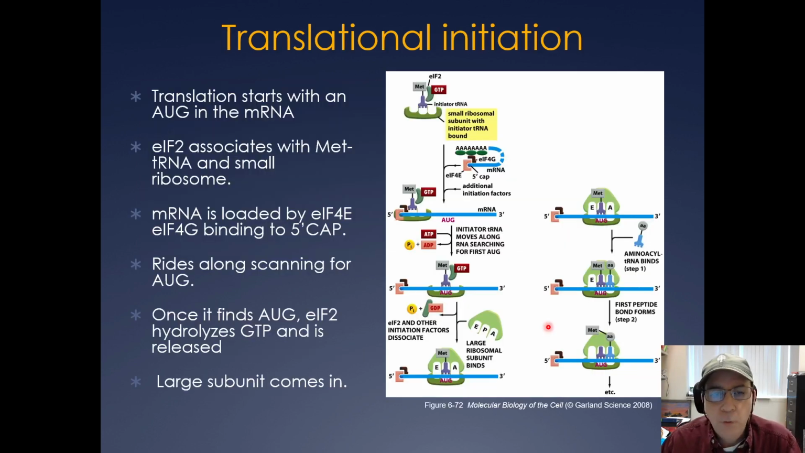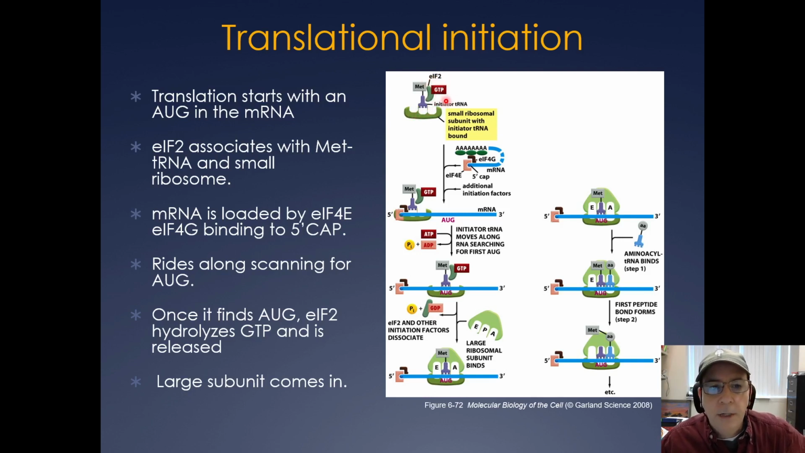Okay, so as with transcriptional initiation, there's also translational initiation. The way this works is pretty simple, and this is one of those things that I want you guys to know. You have the small ribosomal subunit, the 40S ribosomal subunit, with a methionine tRNA, or the initiator tRNA, and that's bound by a small G protein